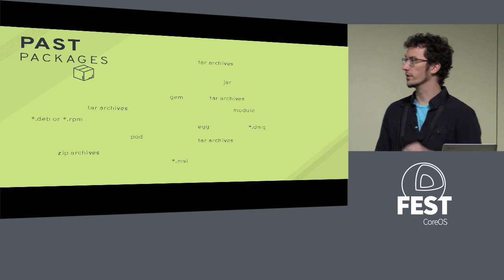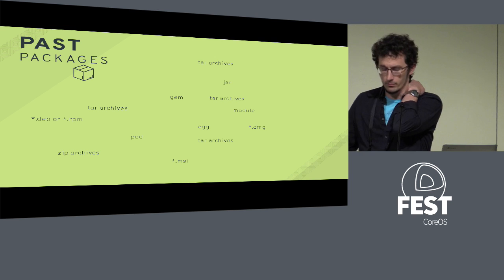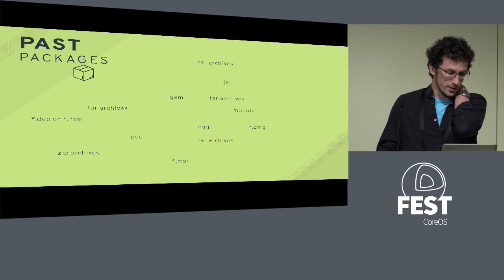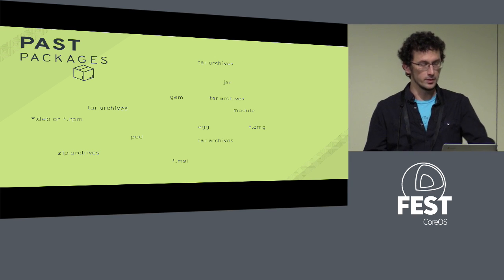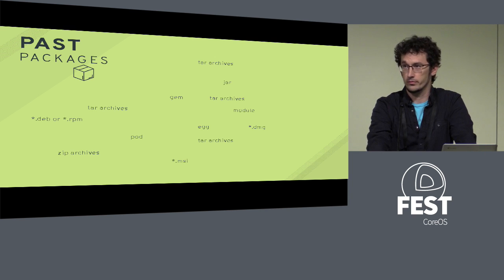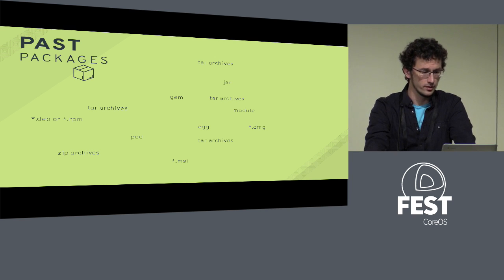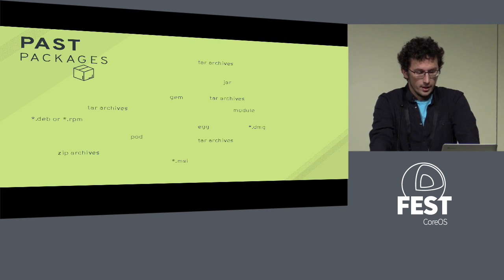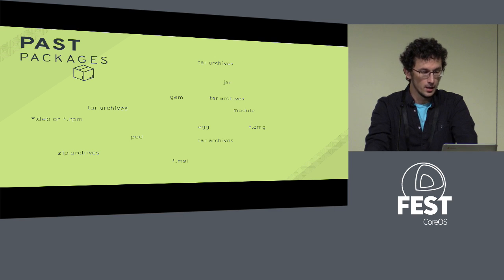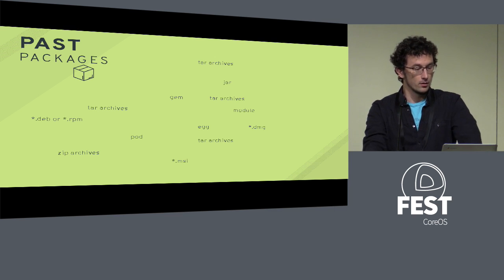There's still projects that will solve it in zip archives, and then more people came back around to tar archives, and then, I mean, it just goes on and on. You have the Perl pods and Ruby gems and Python eggs and more tar archives, and you have modules of NPM modules and whatever else, jar files, DMG, MSI, and you still have tar archives. And it's been baffling just to see how many problems we're solving, and we're stuck on this one thing of tar archives.